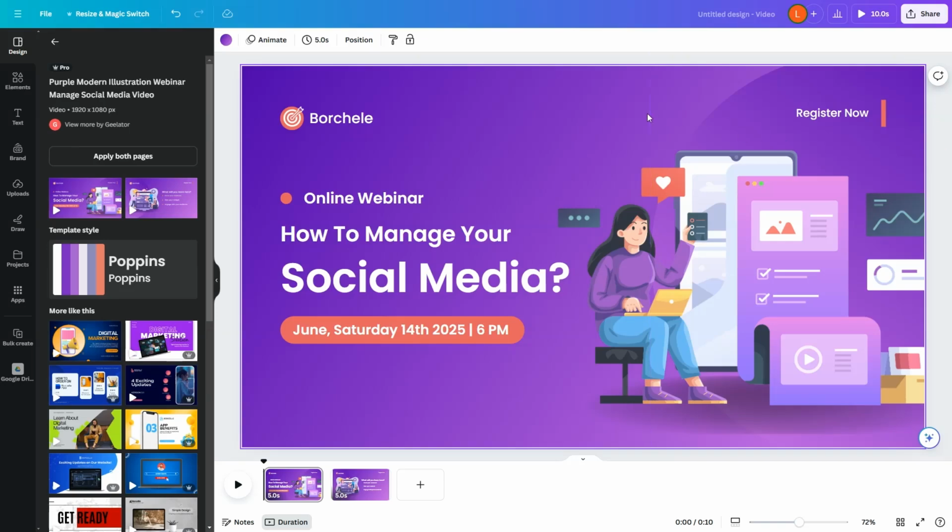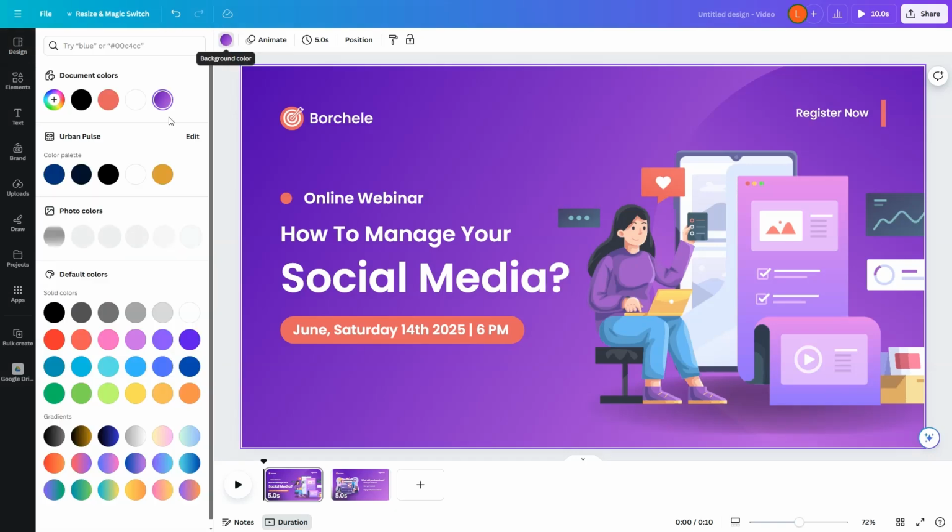So let's start with the background. If we click on the background area of the canvas, we can see options to change the color, add a background image, or we can also delete the background. Let's choose a color that complements the brand or the theme. So to change the color, you may simply go to this color swatch tool here,